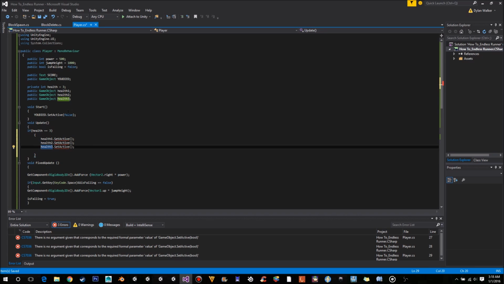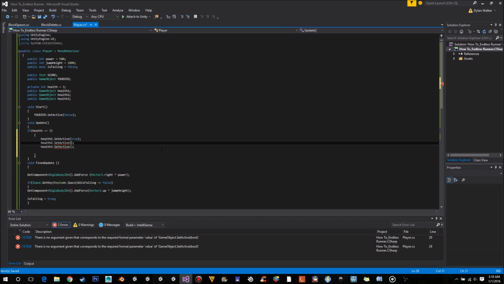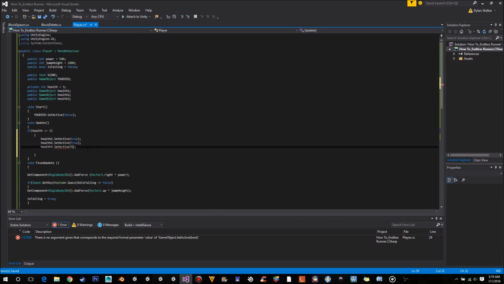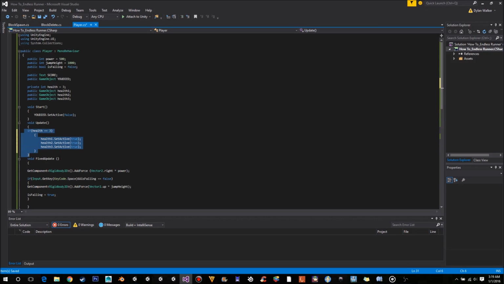So for this one, if it is 3, we obviously have all of our health, so we just want all these to be true. So we probably could have actually set them a second ago, but you know, hindsight. Cool. So that is if health is equal to 3. And then we want to do if health is equal to 2. So we'll just copy that,